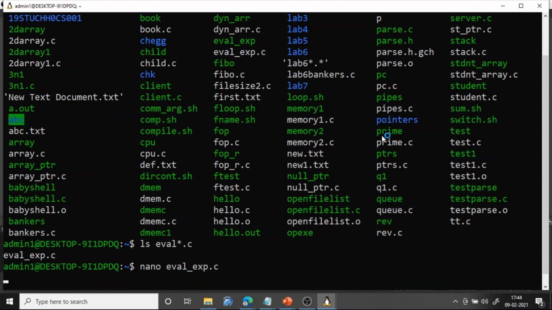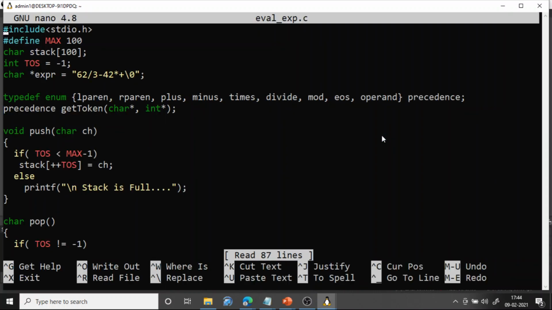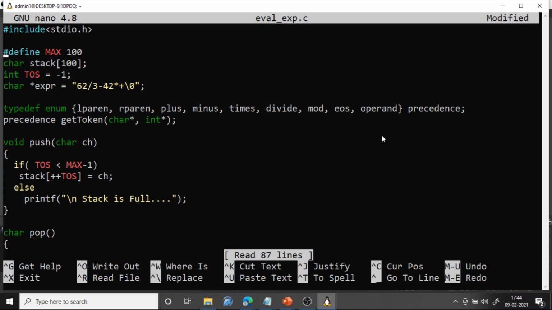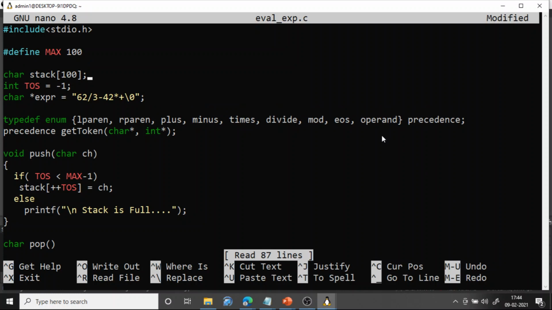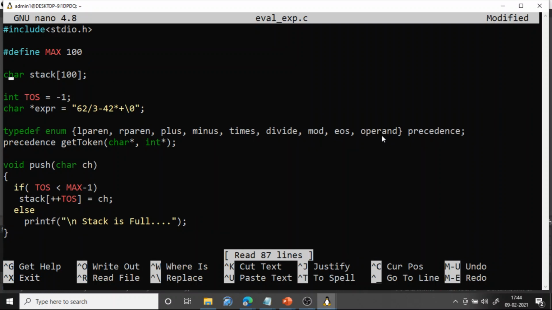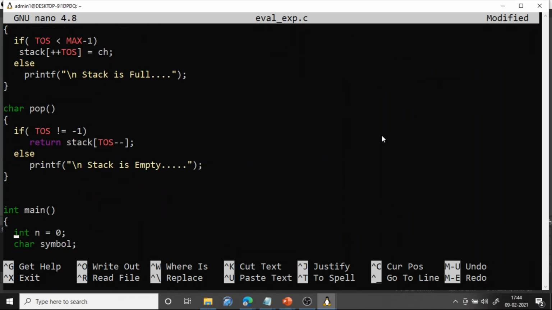The code is very similar to what we have discussed in that slide. stdio.h. So this is the max size of the stack, which I am just calling max, and for the stack we are using just an array. Okay, a character array of size 100. Okay, it's a character array of size 100.